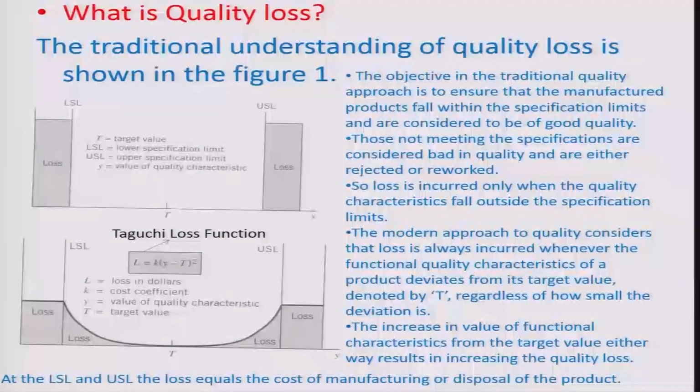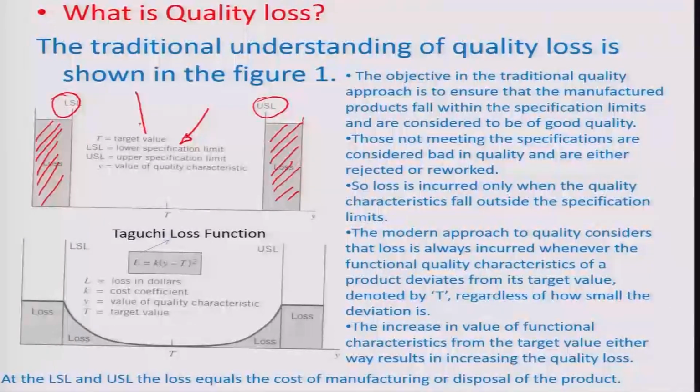So, the traditional understanding of quality loss is given in this particular figure, that you have two different limits, let us say the upper specification limit and the lower specification limit, and whatever is beyond these, for example, some particular component or system which crosses the USL or the LSL, is considered to be 100% loss, they are rejects. So, basically you are rejecting all the crossovers and accepting all this which is in this white area, right at the target or beyond the target by a distance of whatever specified tolerances have been given in the system. But